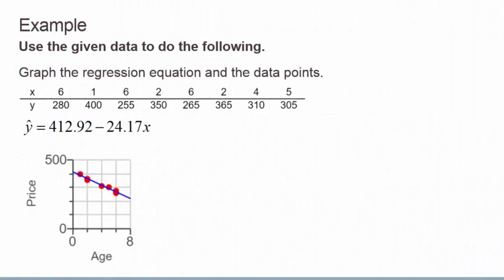Our x-axis is age, and in this graph it goes from 0 to 8 with hash marks at every 2. And the price is Y. It goes from 0 to 500 with hash marks at every 100. If we would like our calculator graph to match this graph,